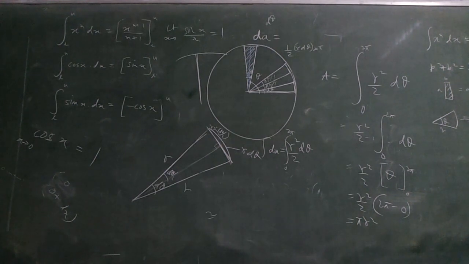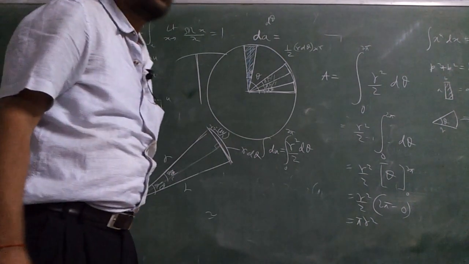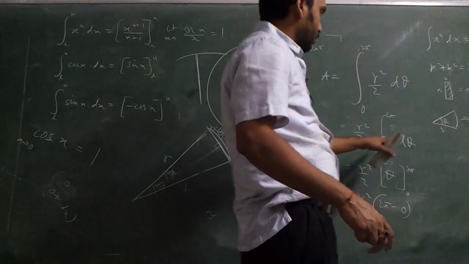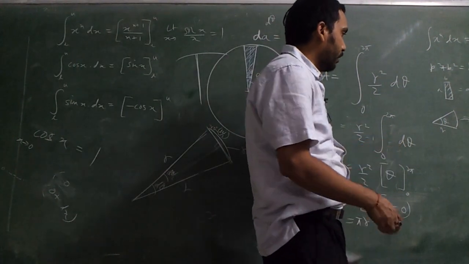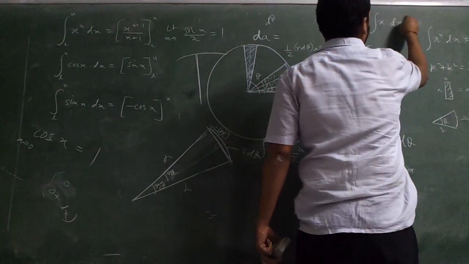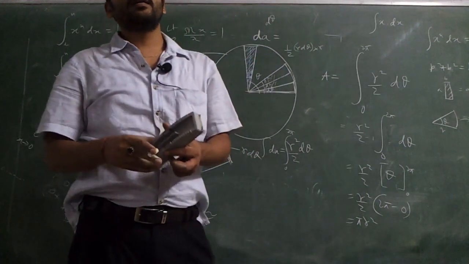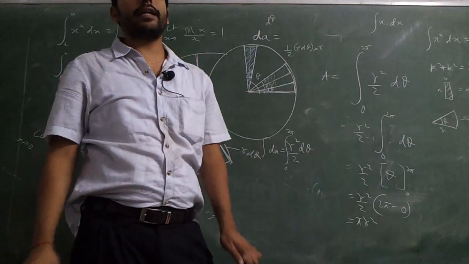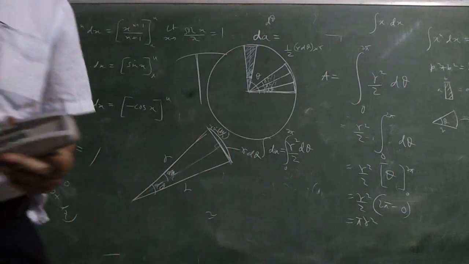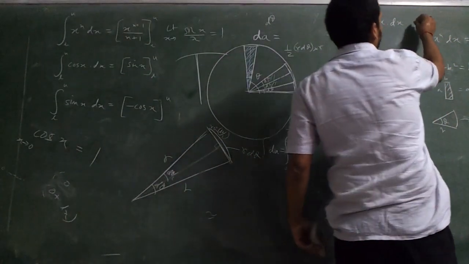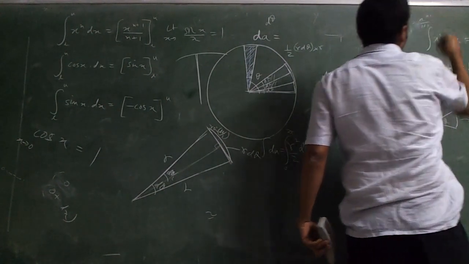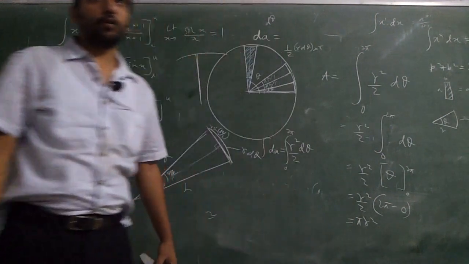The last part of finding the area of the circle. You said it has power 0. Right. It has power 1. Exactly. Here, where is theta? No, it says d theta. If I give you integrate x dot dx, what is the integration? X power 1 dot dx, what is the integration? X square by 2 or not? The rule is x power 1 is already there, 1 plus 1 upon 1 plus 1, x square by 2.